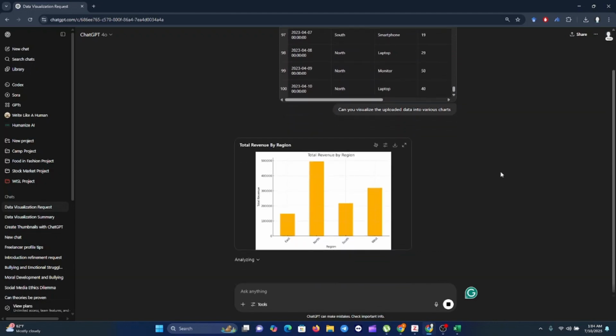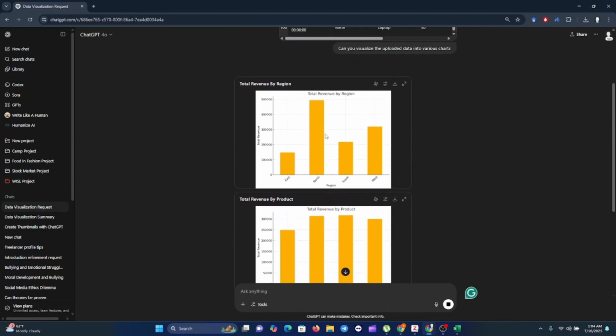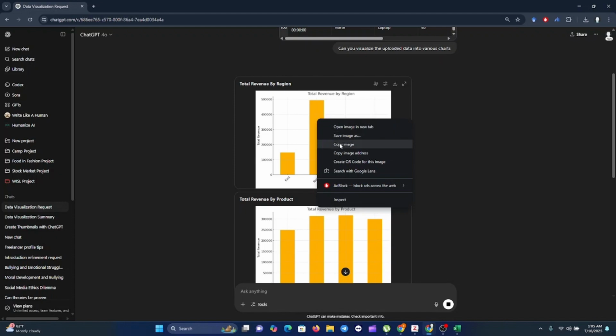So first of all, ChatGPT has created a chart here, the total revenue by region. That's the first graph. Then you can go ahead and download it, or you can also click on it to see it expand, or you can just right click on it and copy the image directly and insert it into your